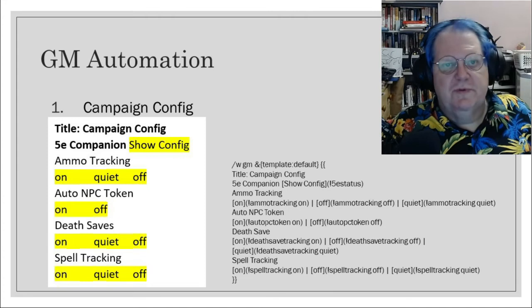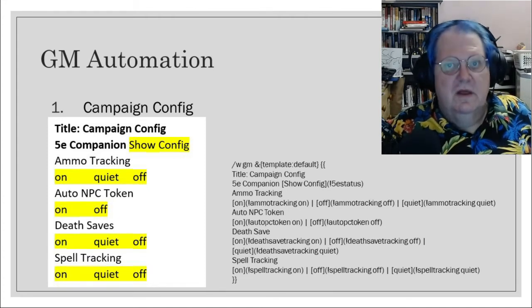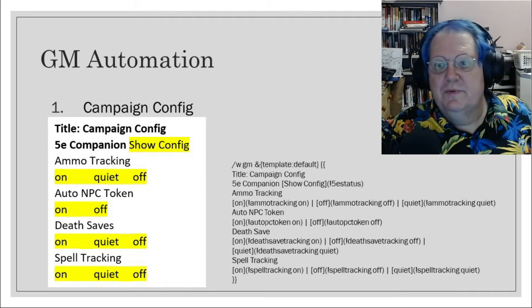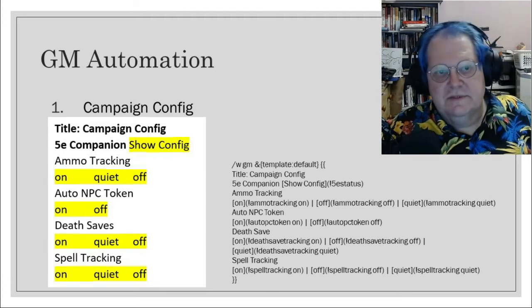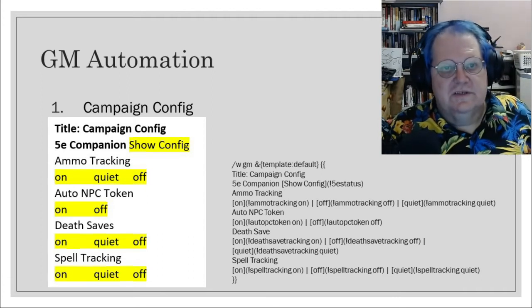We want to whisper the results only to the GM, and we want to use the default template. We then wish to display a title for the menu, campaign config, then put the items we want the person to be able to click on and what is to happen when they click on it. So that's our aims. So the actual code, and you can see the code there on your screen,